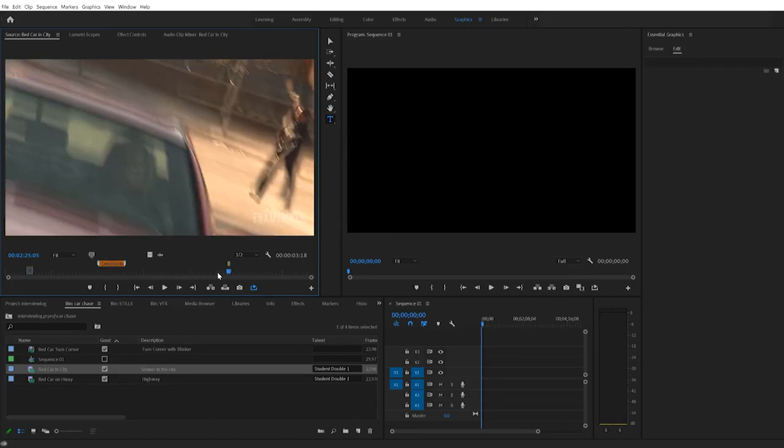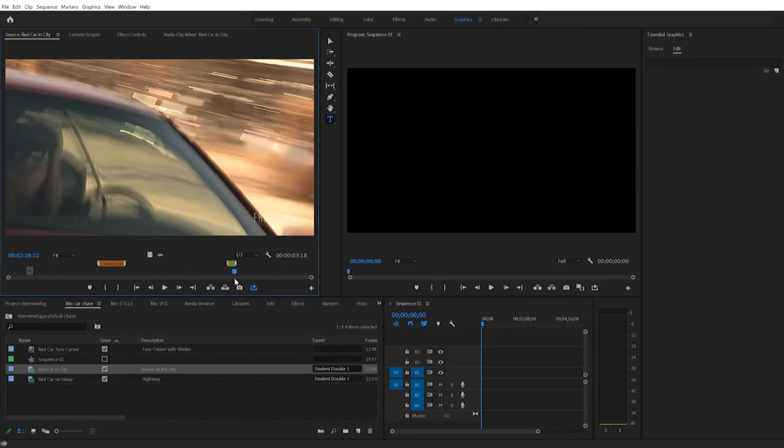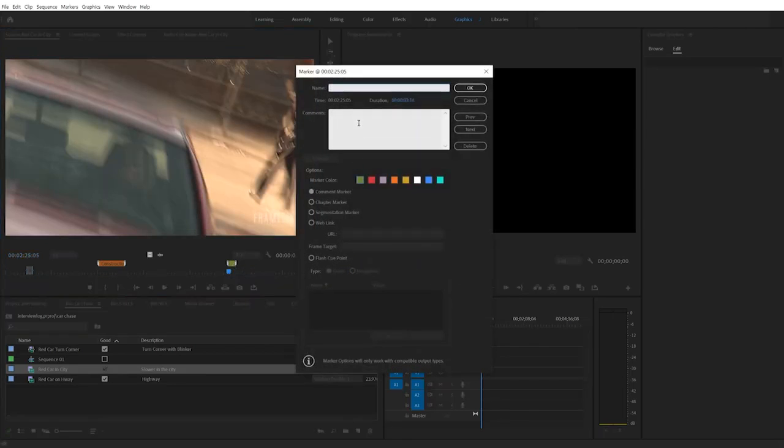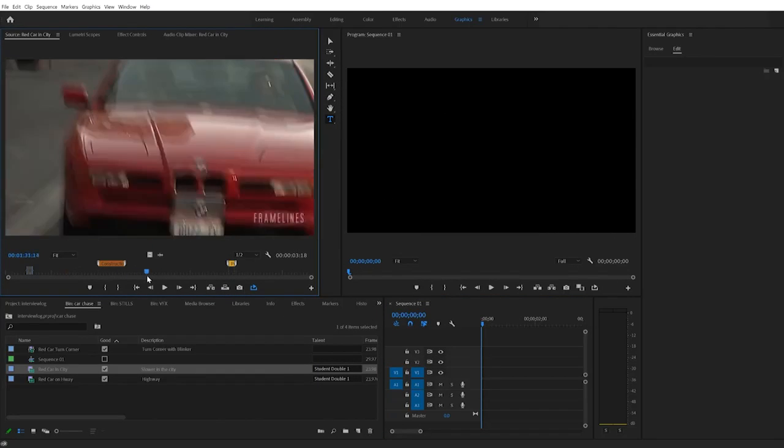So I'll press M again for marker. I'll Option-click on this and drag it out like this, and I'll double-click and call it person in BG crossing road. Give it a color and click OK. Next, if I want to go in between these two markers in this window,